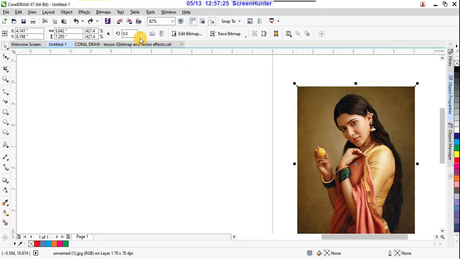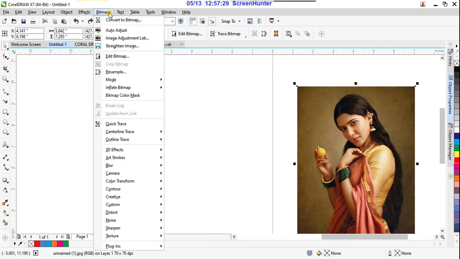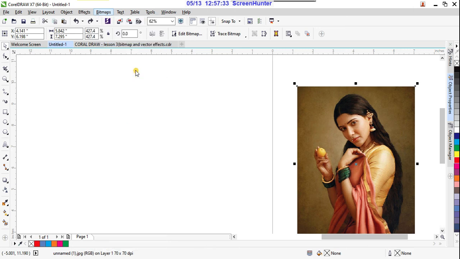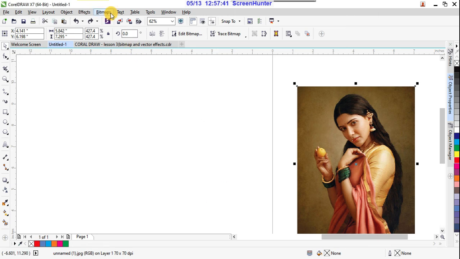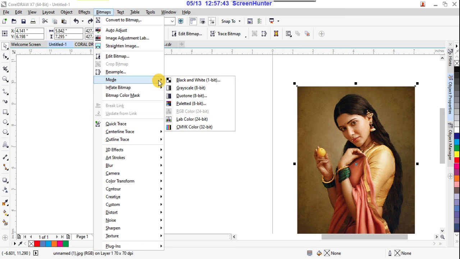CorelDRAW program, right? So if you want to edit that, really, you go to Photoshop, then you can do that, right? Here the resample, you can give the resample, width to height and all, and resolution also. So I'm not taking that at present. And suppose mode, here I'm using black and white, right? In black and white, grayscale, duotone, yeah, these are the colors, same like in Photoshop, right?